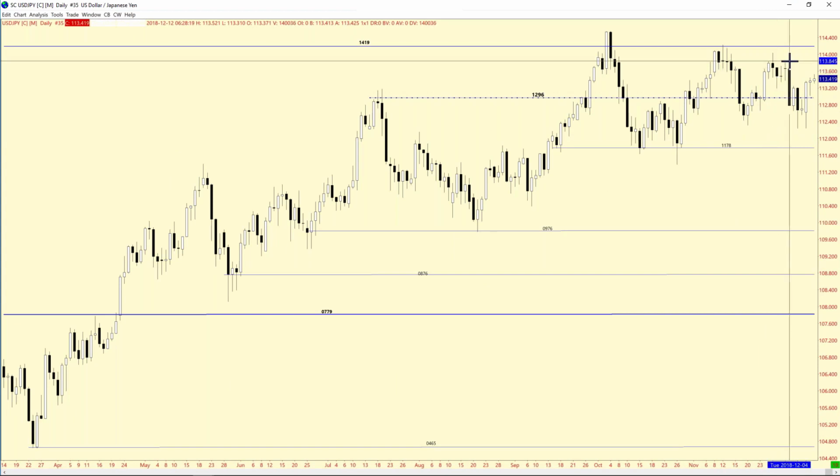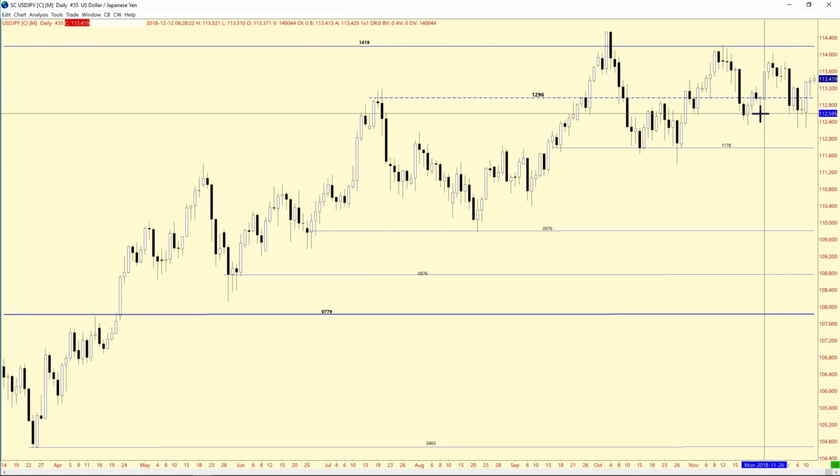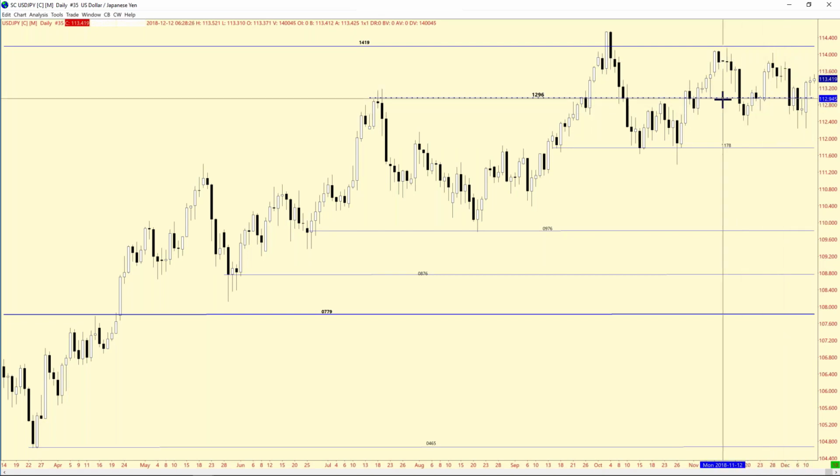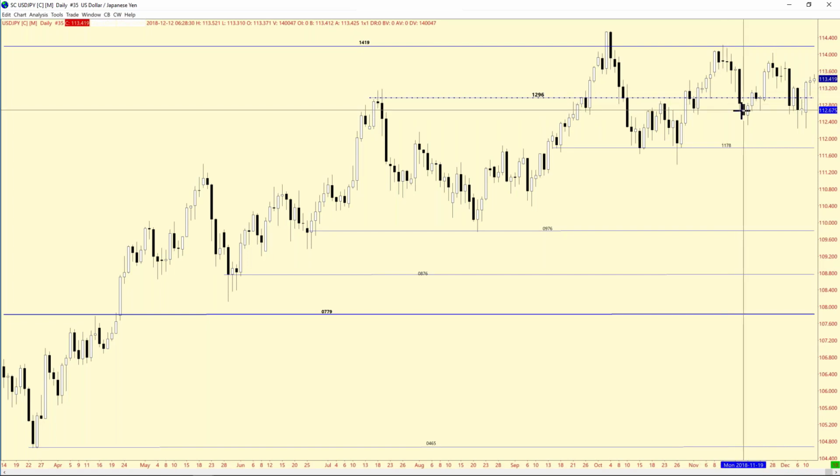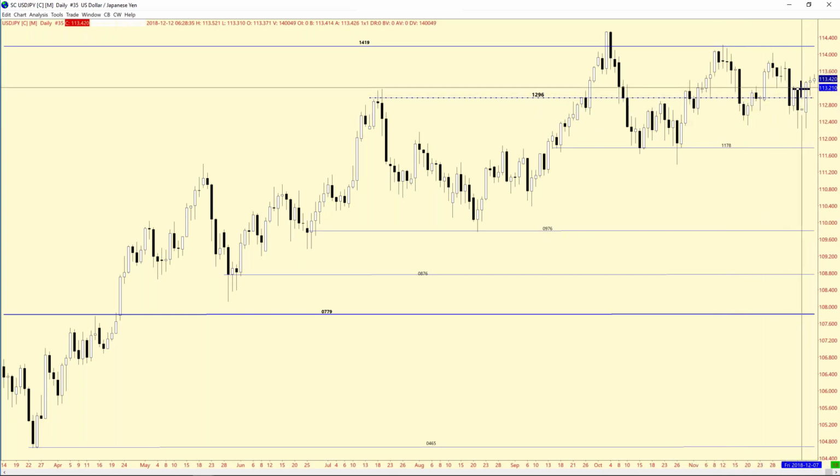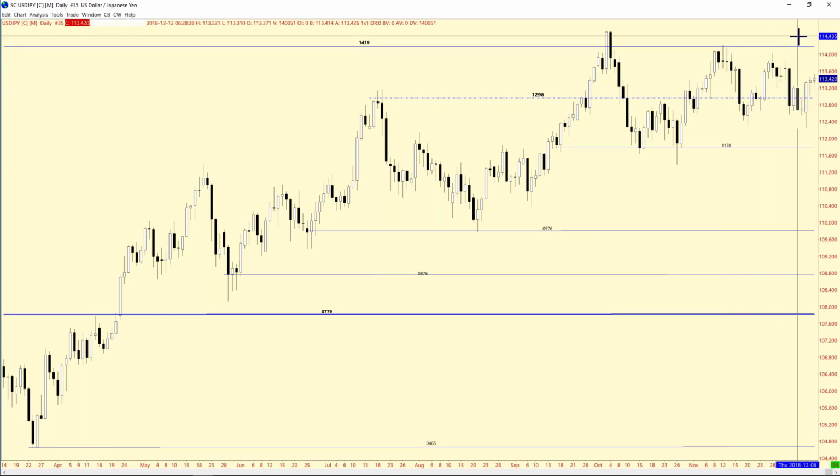Real daily resistance comes in right there at 1385. And you see this 1296. That's been key, but this market is still holding up very well and almost stuck in range, but with a positive bias.